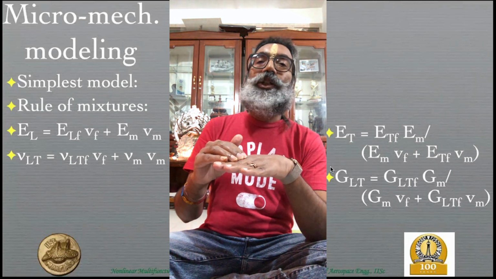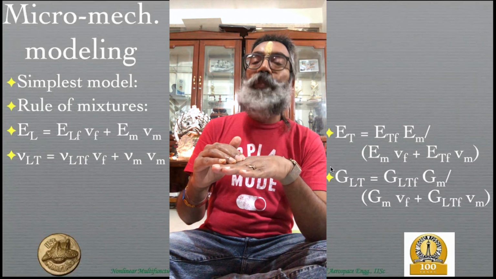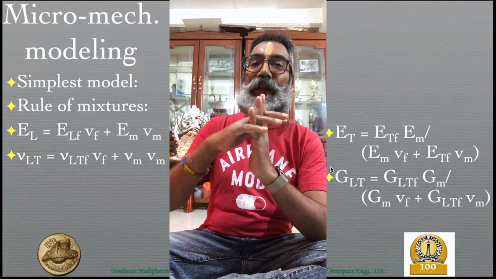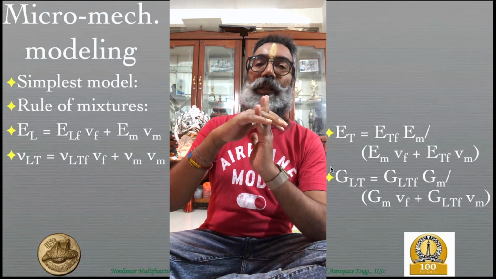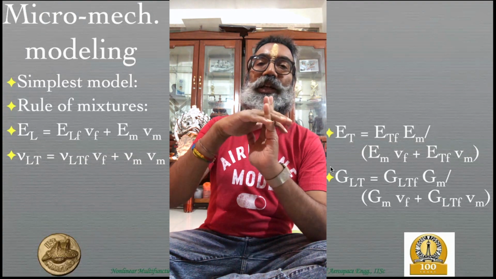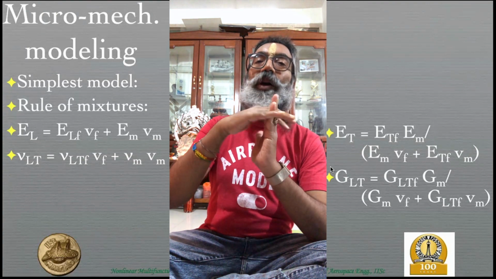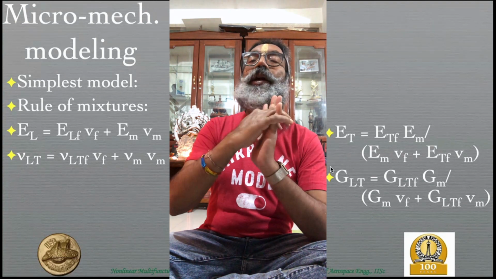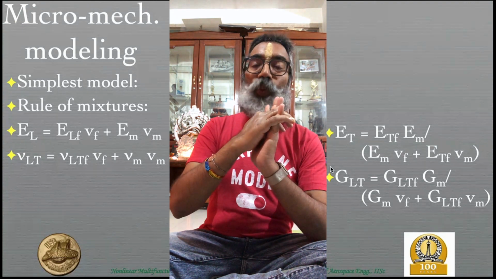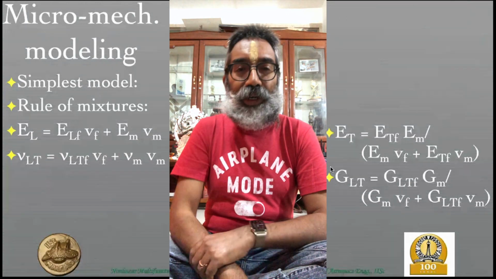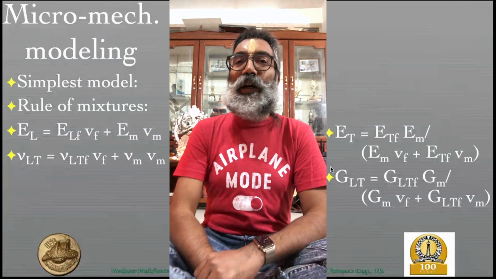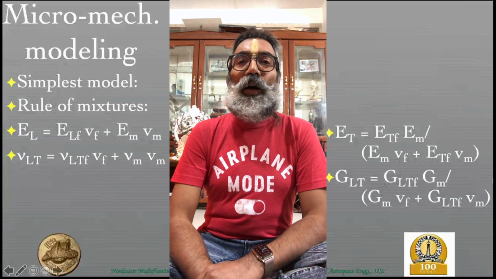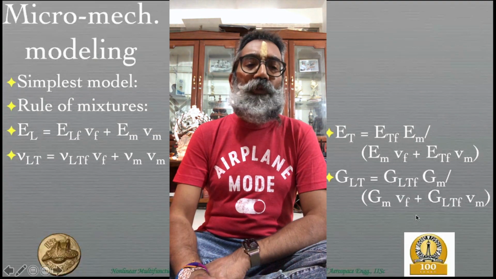So in other words, GLT to some extent can be changed substantially by the fiber, but GTT prime cannot be changed too much by the fiber. You would see, if you actually derive the GTT prime, that it is almost entirely dependent on the matrix. Why is a little more complicated, because we are restricting ourselves to the rule of mixtures model, which works reasonably well for some of these,